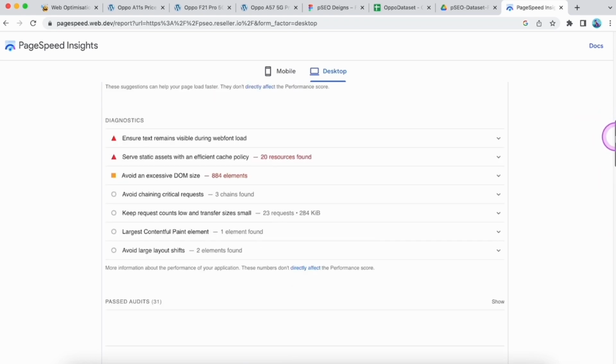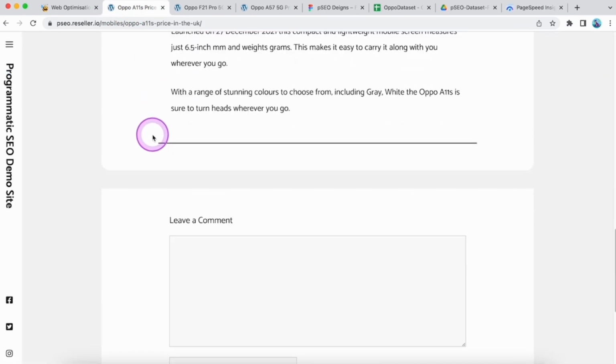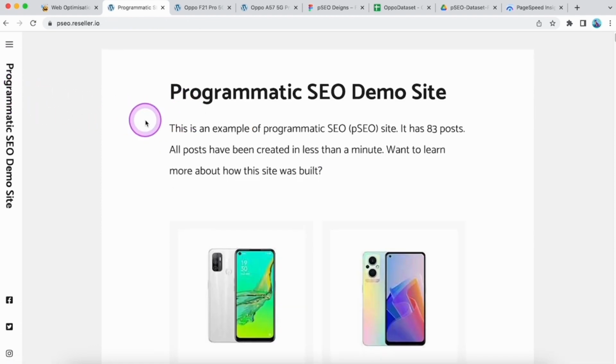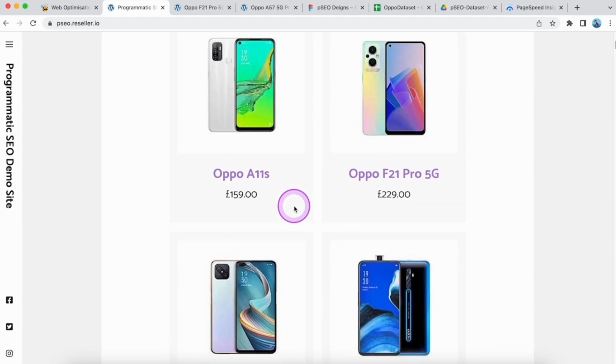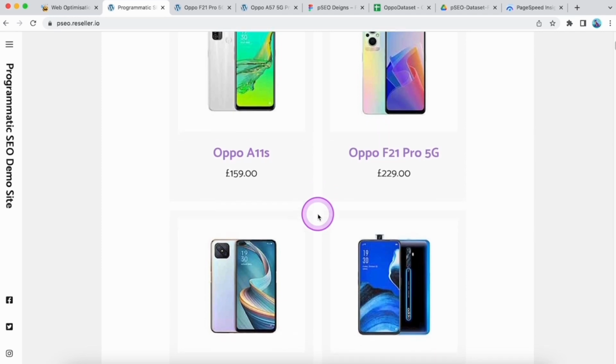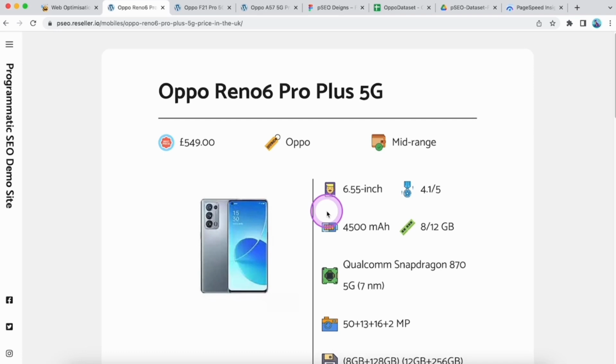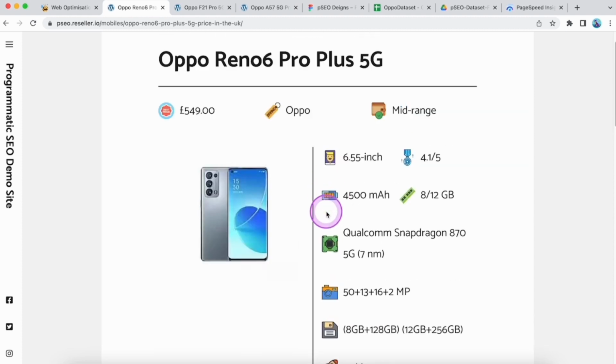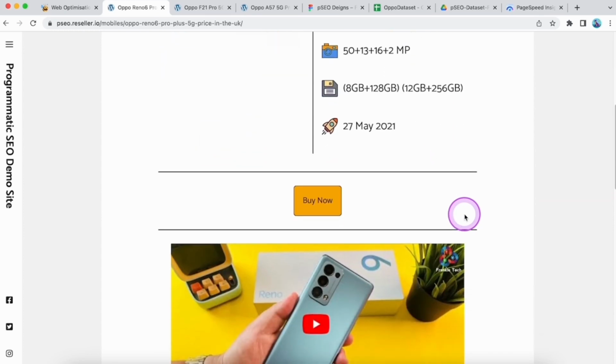So this is how you create a lightning fast programmatic SEO site which loads in under a second by using awesome hosting like WP Buzz and a fast theme like GeneratePress. You can literally create a programmatic SEO site with hundreds or even thousands of posts that load in under a second that are SEO optimized. They also look and feel nice as well. So if someone comes and lands on this website, they know that this is not just garbage. There has been some effort into the layout and it is showing all the content which a user needs to